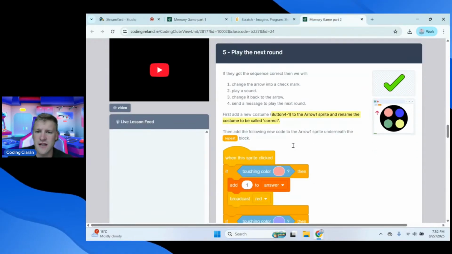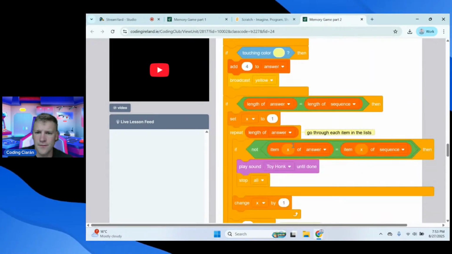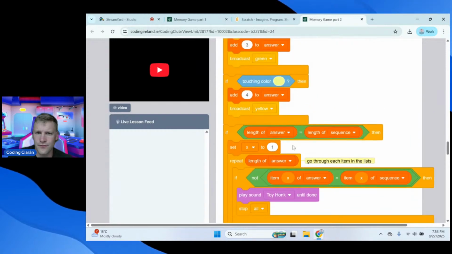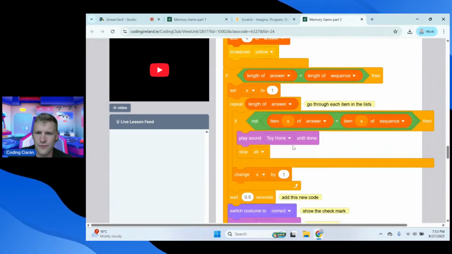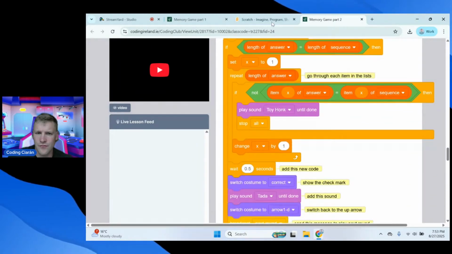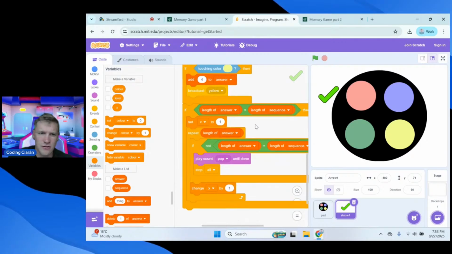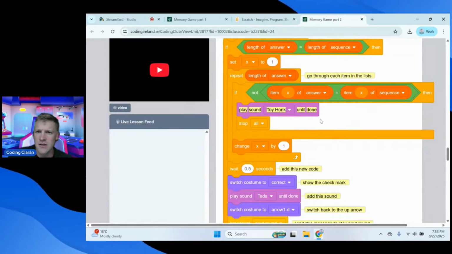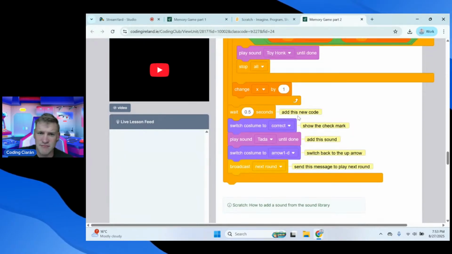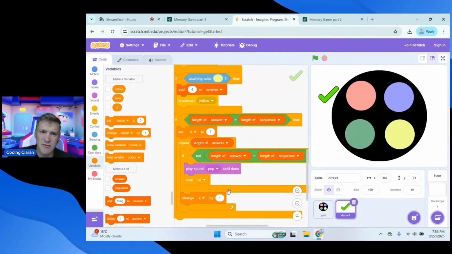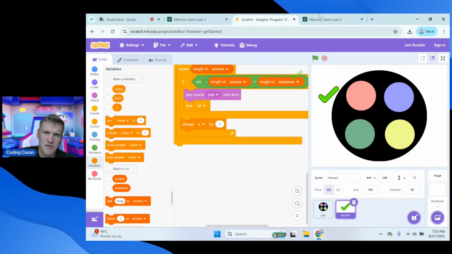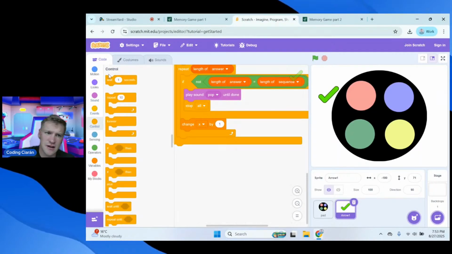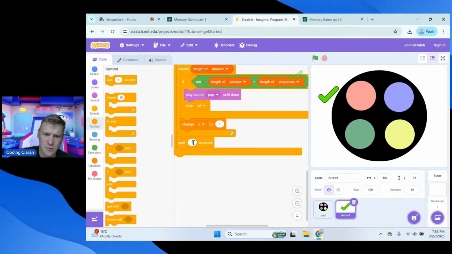We are going to say, do I have that in? Repeat length of answer, I do. So I need basically to add in to the bottom of what we said before. So I'm going to go right into here where we said before. I'm going to say wait 0.5 seconds. So that's in our control. I'm going to say wait 0.5 seconds